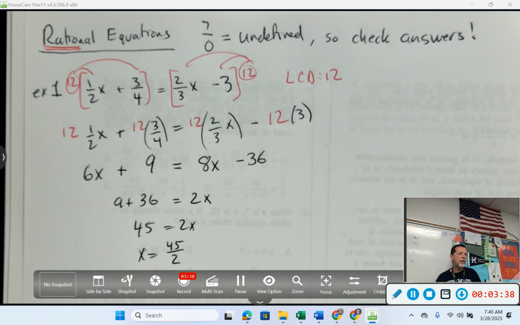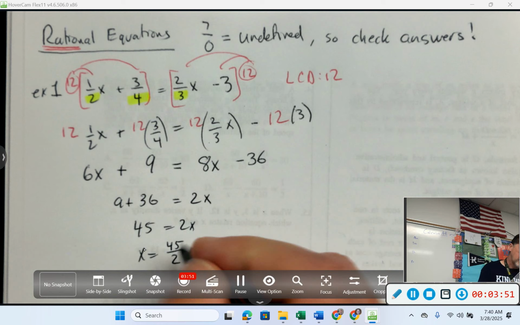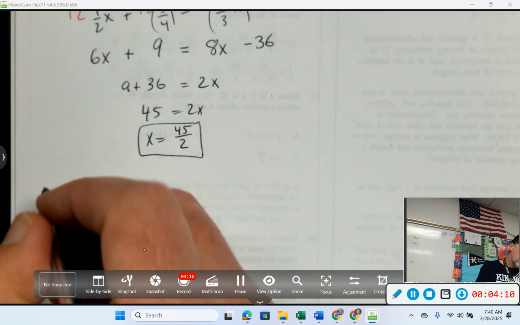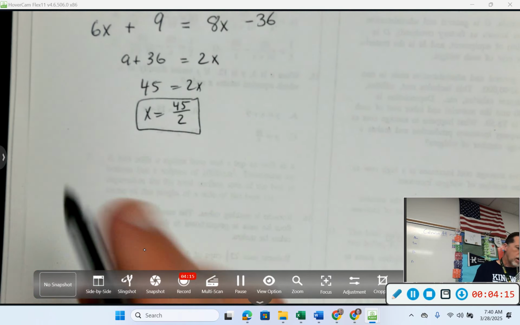And then before I box that up and move on to the next one, I need to make sure that in my original problem, I'm not dividing by 0. Well, this one, the only thing in the denominators are numbers, so I don't have to worry about it. But it's good to get in the habit of, if you've got fractions, make sure that when you get to the end, you're not dividing by 0. What if you do? You have to throw that answer out, because it's like a domain issue. X can't be something that would make the bottom 0. So that was never going to happen on this one, because our denominators were just 2, 3, and 4. But